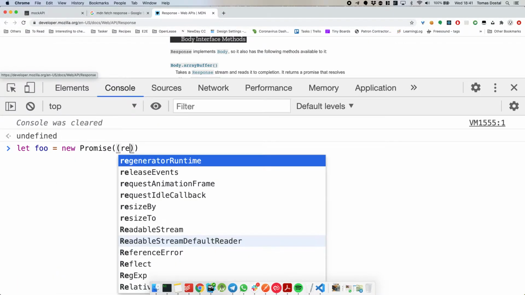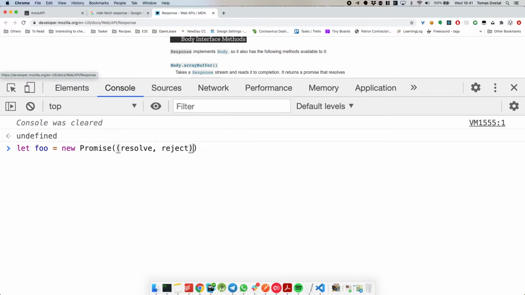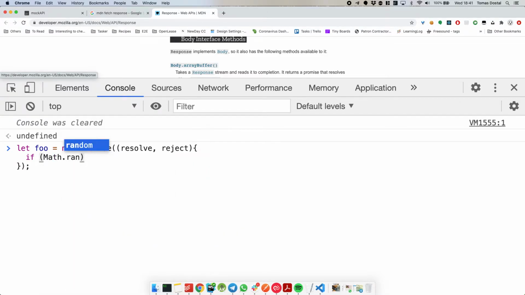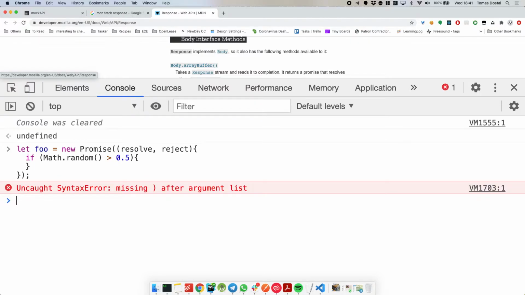So I'll write a little bit more complicated promise. Resolve, reject. I'll say if random is more than 0.5, for example, then resolve, else reject.